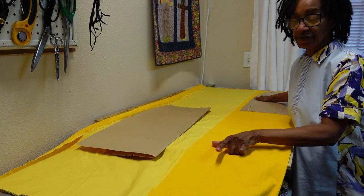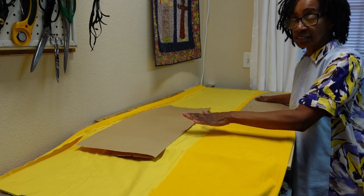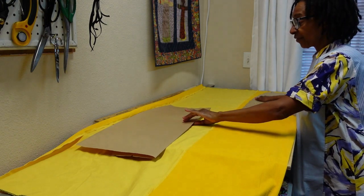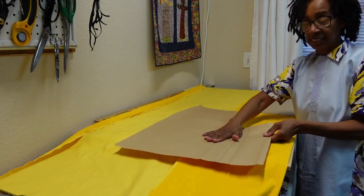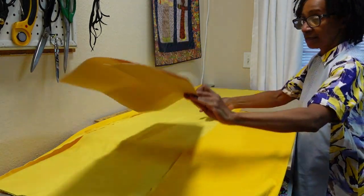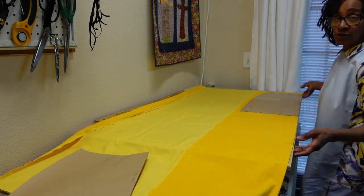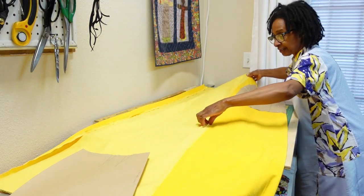2¼ yards of this egg yolk yellow corduroy. I'm going to make a skirt, a slim skirt with back zip and an inverted back pleat. So I've got my pattern all made, and I've taken the time to refold the fabric so that when I cut out the front,